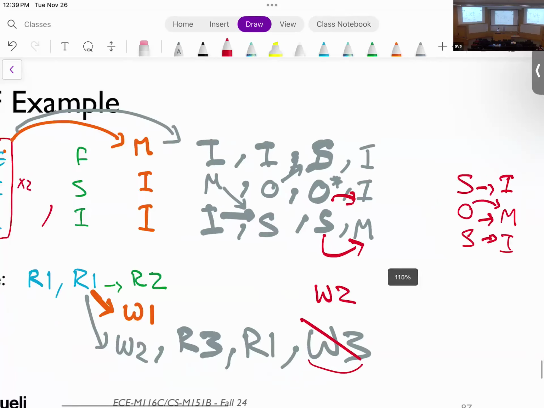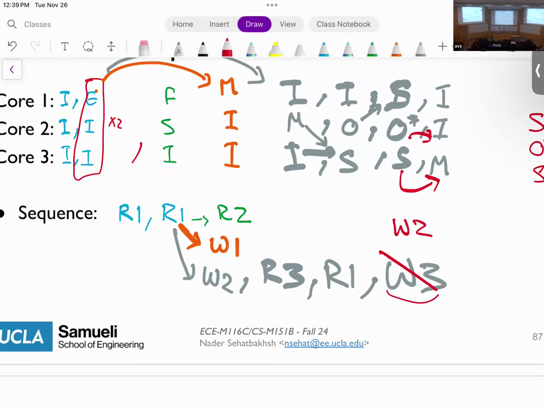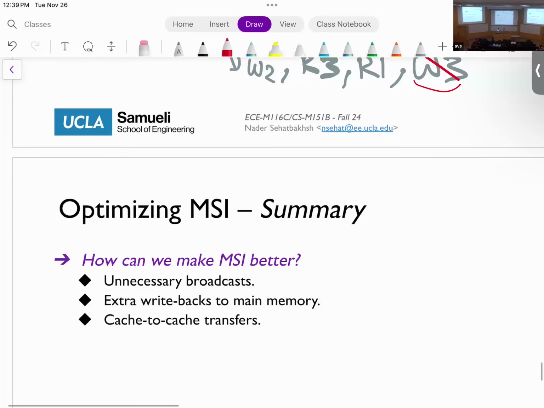So hopefully you're going to have fun with this, with different kinds of possibilities. This is actually going to be your CA3. In CA3, we're going to give you 4 cores and MOESIF, and we're going to ask you to do this for us and update the stats showing how many write backs you've had and how many invalidations you had and all those things. Okay? I'm going to post it hopefully tonight, so the details will be there.